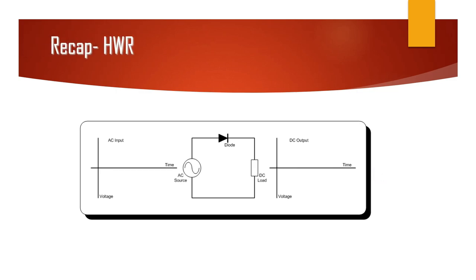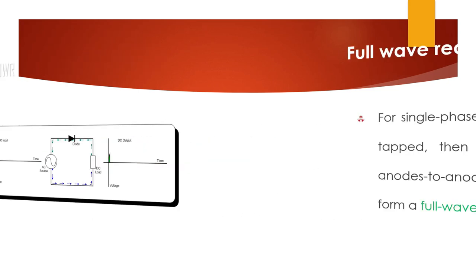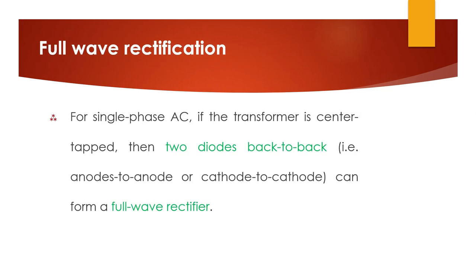Today we have to discuss the full wave rectifier. The full wave rectifier uses single phase AC. There are three phase rectification systems also, but in our syllabus we have only single phase AC. In that we use a transformer. The transformer is used to convert higher values of AC to lower values of AC. We can use 2 or 4 diodes for making a full wave rectification.